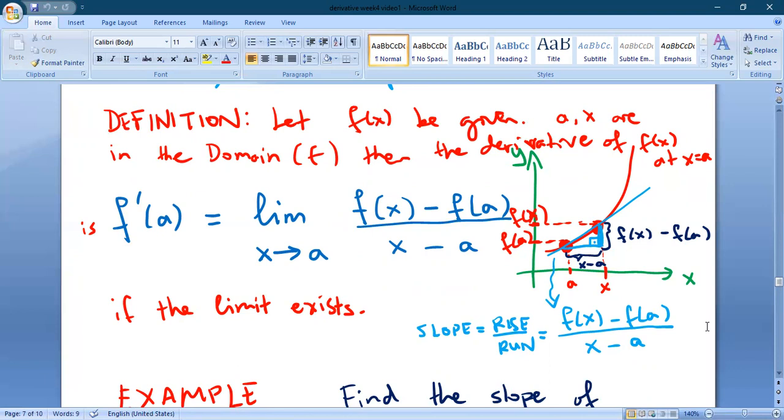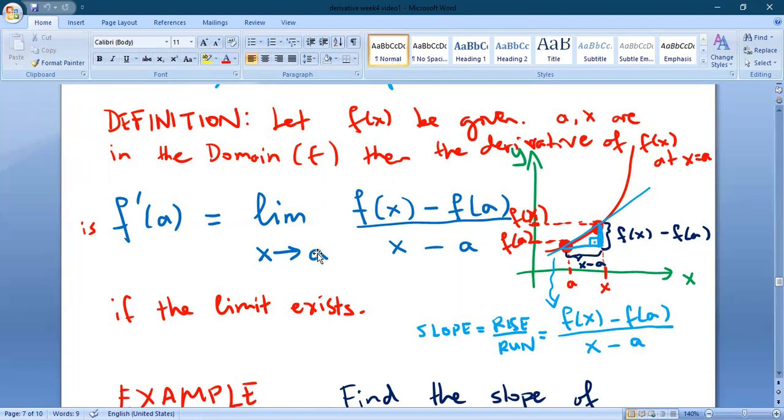So what's this expression here? If we take our first point (a, f(a)), and the second point (x, f(x)), which is a second point on the graph, then the slope between these two points is (f(x) - f(a)) over (x - a), which is the slope of the line between these two points. So by making x get closer and closer to a, the slope will be giving us a better approximation